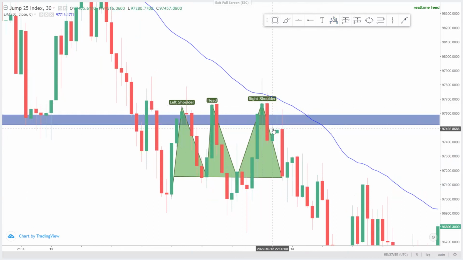The right shoulder had not completely formed, so it's just a potential right shoulder. But then what did we notice? We noticed that not only were we testing the previously broken support, now acting as resistance, but at the formation of the potential right shoulder, we're having a rejection candlestick off the 50 exponential moving average, acting as a dynamic resistance, clearly because price is below the exponential moving